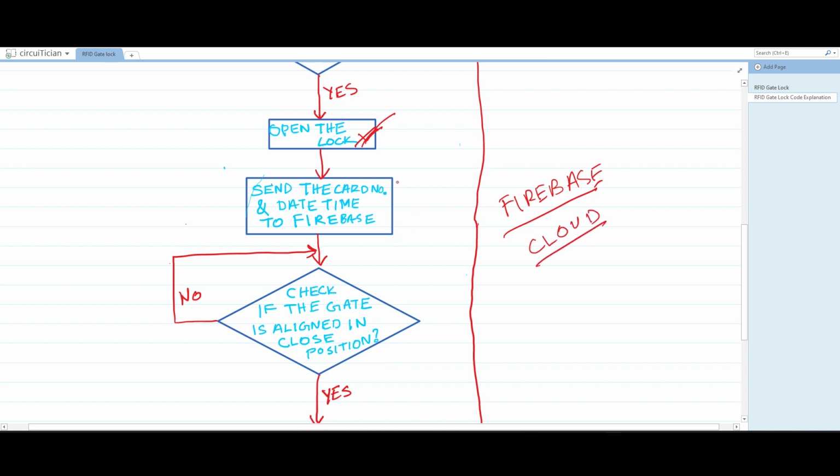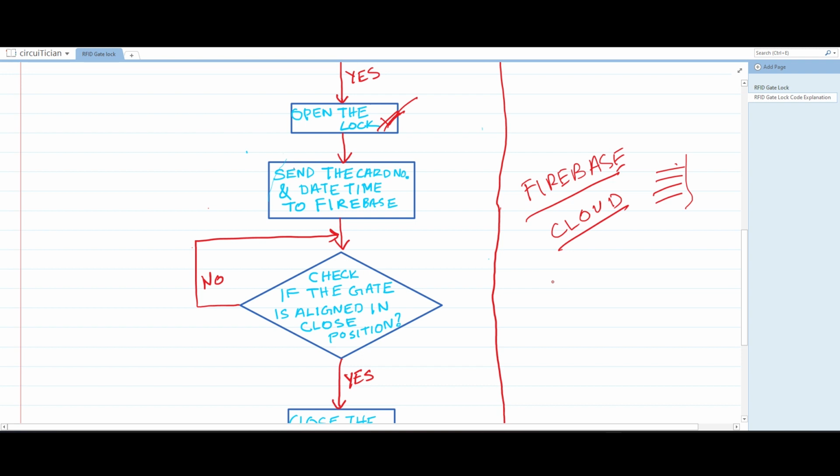So when the gate lock mechanism is open, every time it sends the card number and date time to the Firebase, so that it can keep a record of when the gate is accessed as a log. So the whole log is there in the Firebase database. After sending the data to the Firebase cloud, it checks if the gate is aligned to the closed position. If the gate is aligned to the closed position, then it